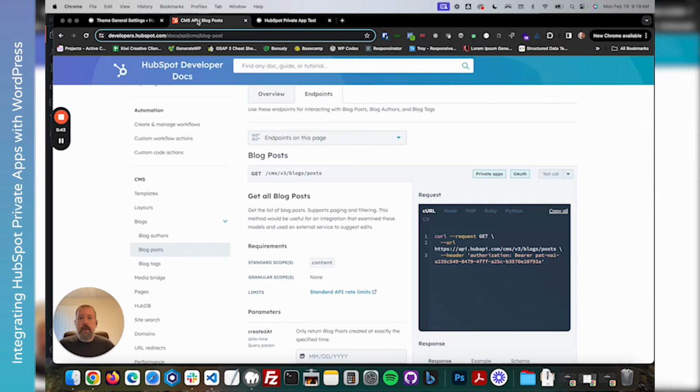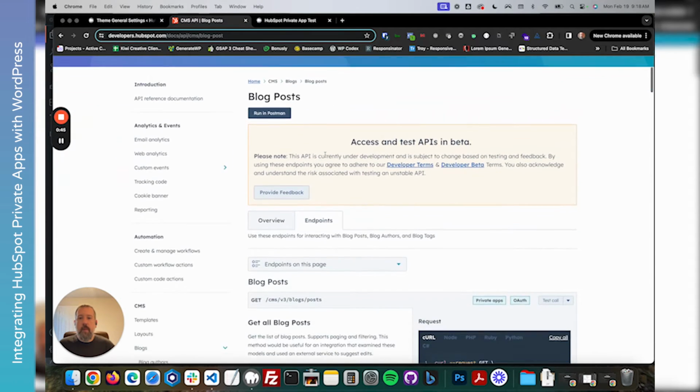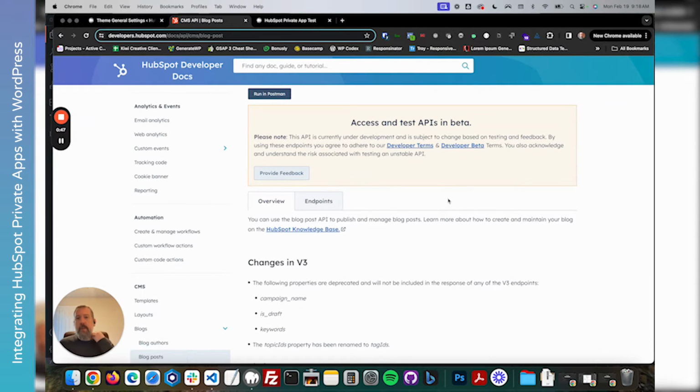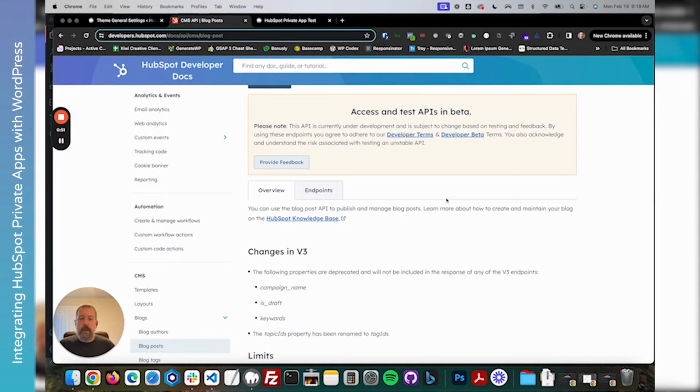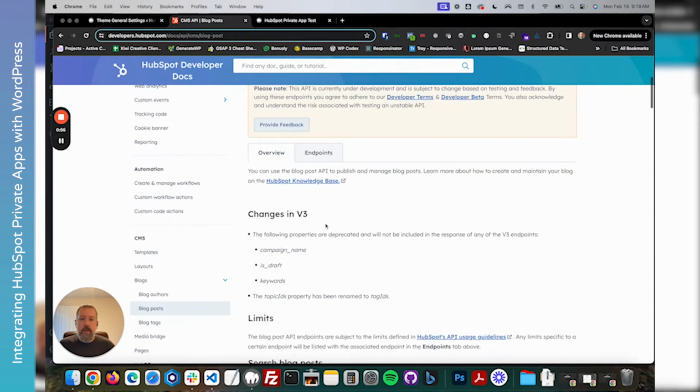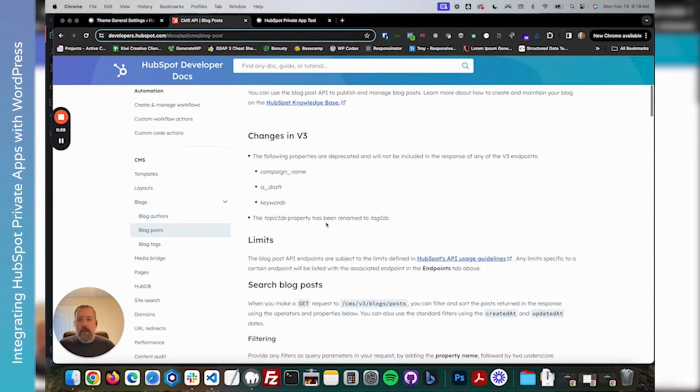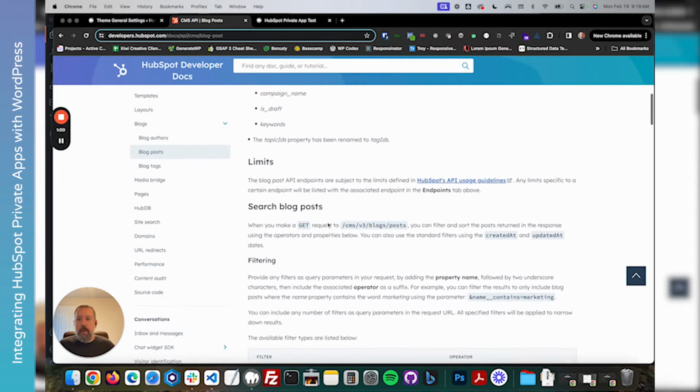So before we get started, the first thing I like to do when working with HubSpot APIs is always refer to their documentation. So if you go to the developer docs, you can find the specific API that you are going to be working with, and it gives you most of the information you need to work with it. So I'm clicking on the blog post